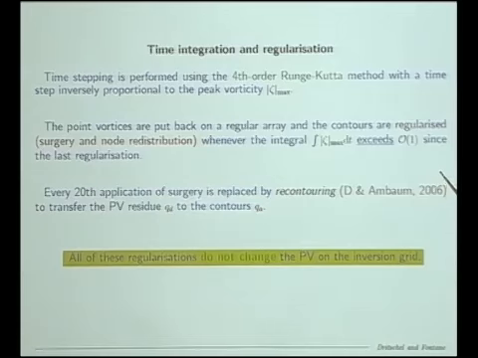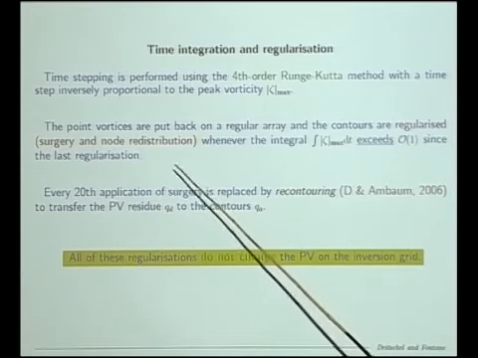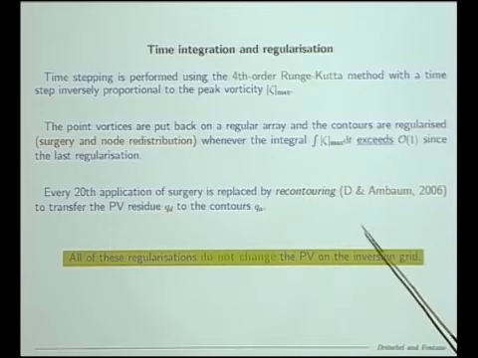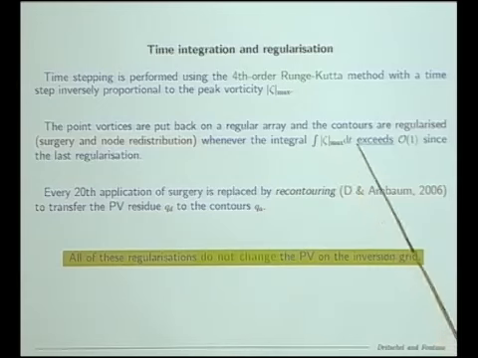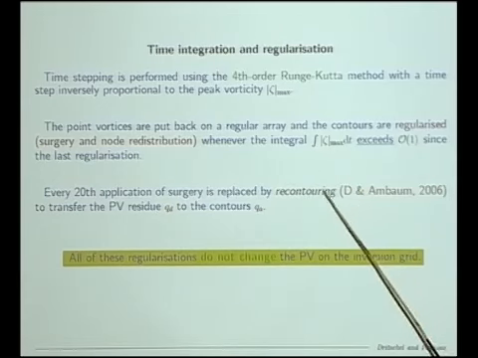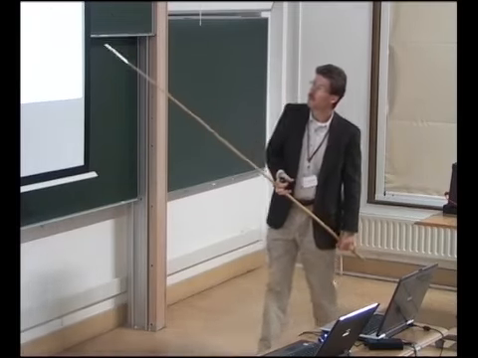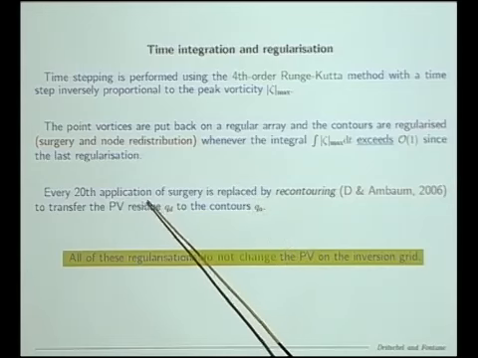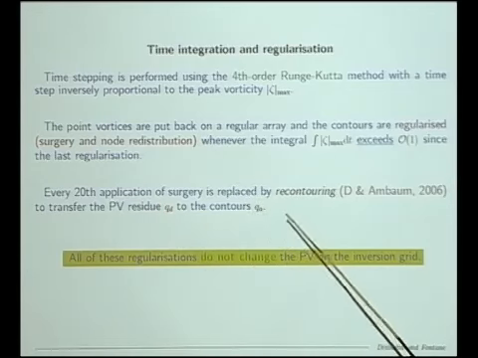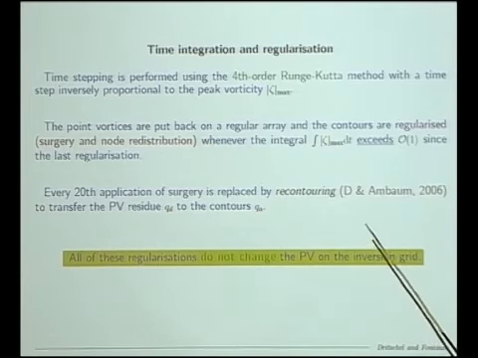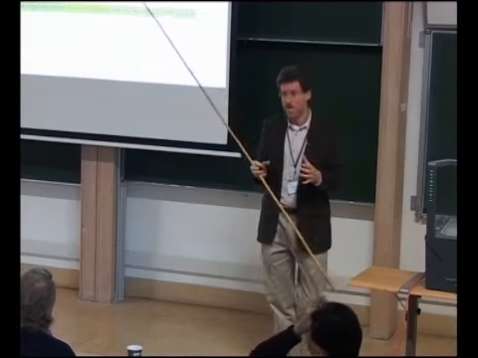We use, as a standard in this method, a fourth order Runge-Kutta scheme, but we now have a completely adaptive time step, so that the time step is inversely proportional to the peak vorticity at any time. And every period of time, the point vortices are put back on a regular array, so they don't get too dispersed over the grid. And this is done also automatically when the integral of what we call the twist, the maximum vorticity over time, exceeds an order 1 number. And then every time we do surgery, well, about every 20th application of surgery, we replace surgery by what's called